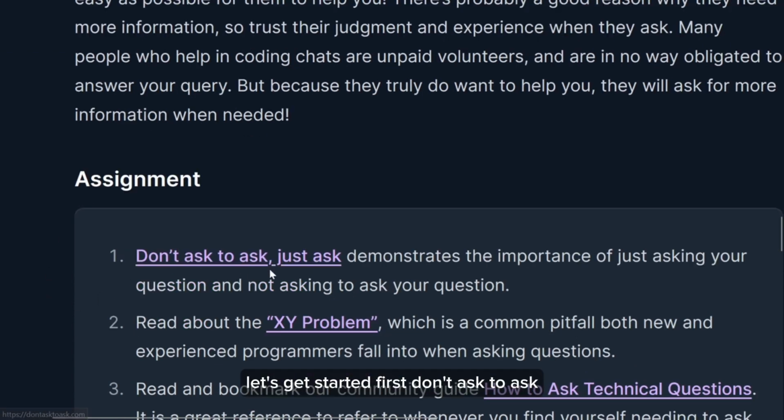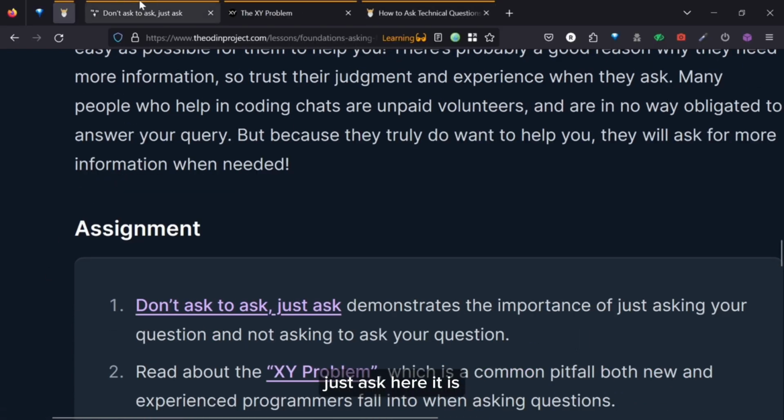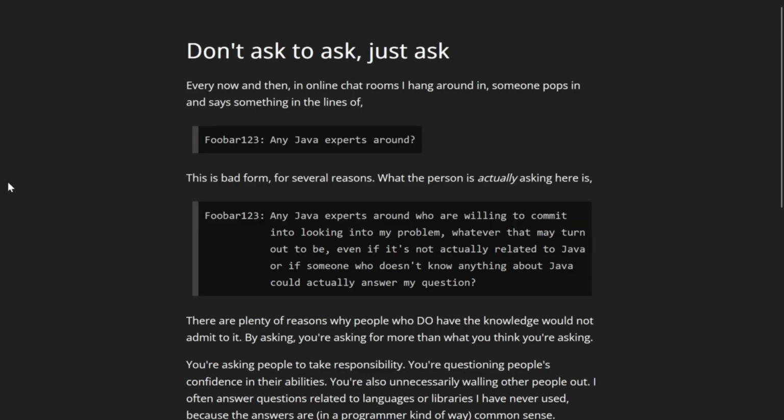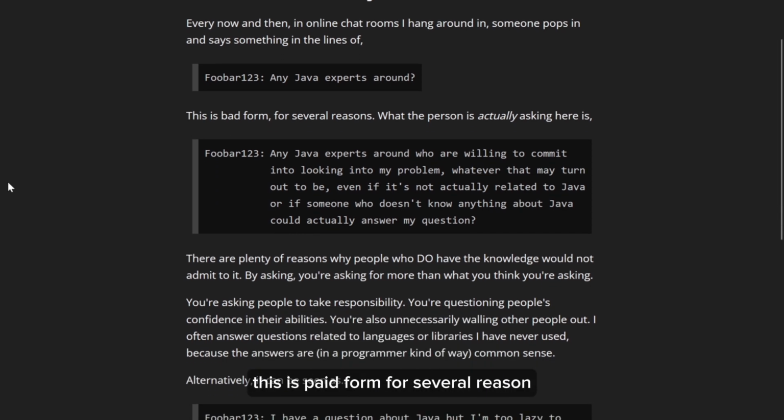First, don't ask to ask, just ask. Here it is. Don't ask to ask, just ask. Every now and then in online chat rooms I hang around, someone pops in and says something along the lines of "Fober123: Any Java experts around?" This is bad form for several reasons. What the person is actually asking here is